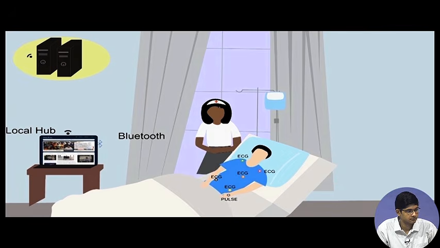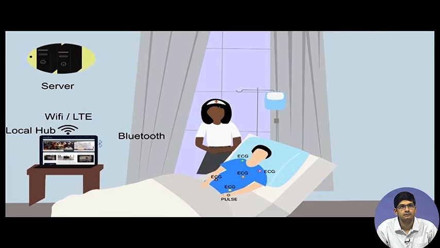The local hub, that is the laptop, is capable of receiving the data through Bluetooth, and then it transmits the data using either wireless LAN, Wi-Fi, or cellular technologies such as 3G or LTE to the ambusens servers. All of this is done while the sensors are active and data sensing is going on, to achieve real-time data aggregation and processing. The local hub performs part of the activities of the aggregation and processing layer of the IoT